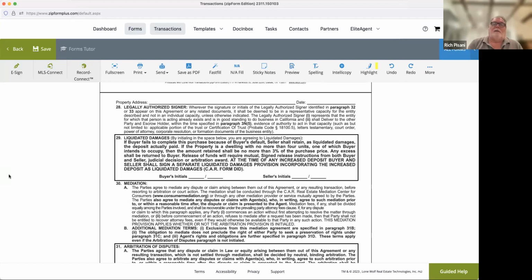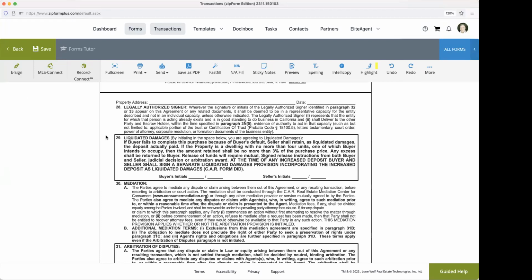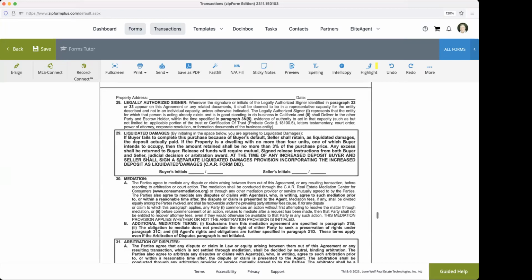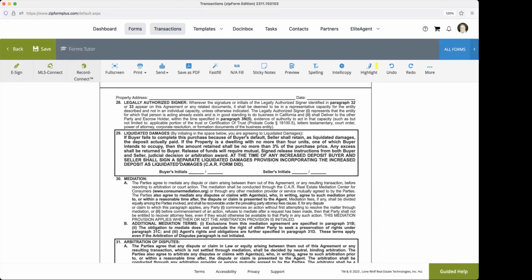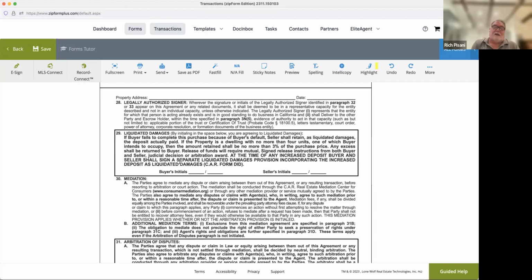But Rich, the seller was aware. I've told the seller about this, and he says, you know what, I don't want to push this buyer too much in this market. That could happen, right? It could, sure, but then there's the other seller who said, well, they were supposed to do it on Wednesday, and now you're saying that I can't cancel until Tuesday. You can't win. So isn't it better to do this? Like I said, you issue the notice to perform. You don't have to cancel. It just gives them the right to cancel.